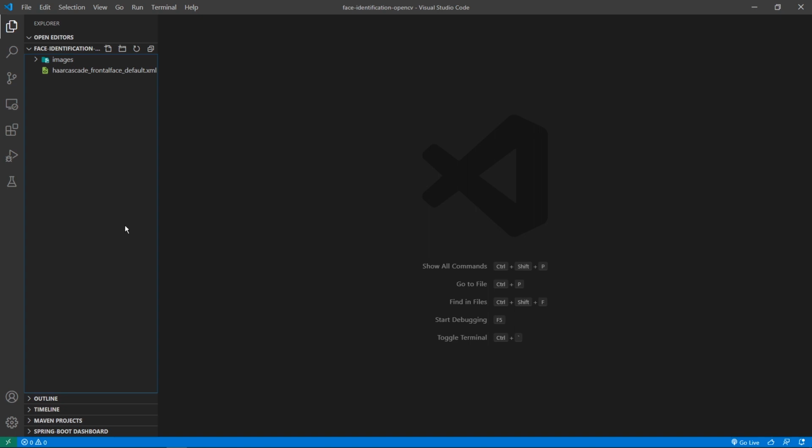The base requirement for this project is that you have to have Python installed on your system, and if you don't know how to install it, I'll link a video in the description down below. You can go there and see how to download and install it. And once the installation is done, you can carry on from here. The main package that we're going to use for this video is there in the title itself, that is